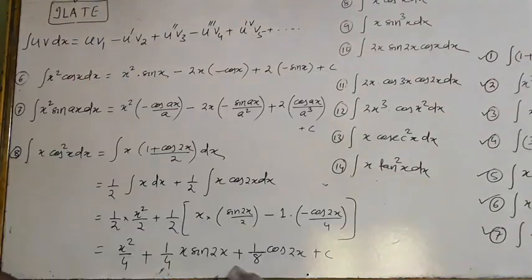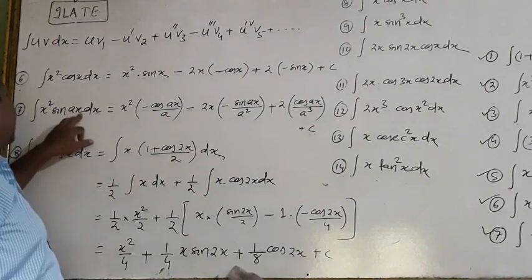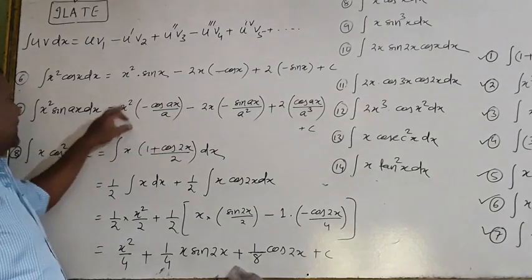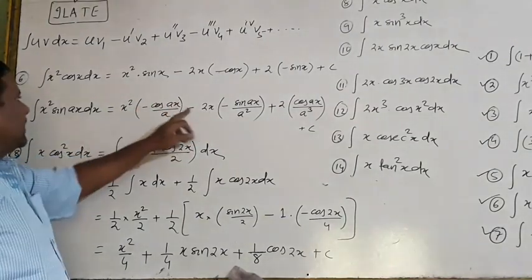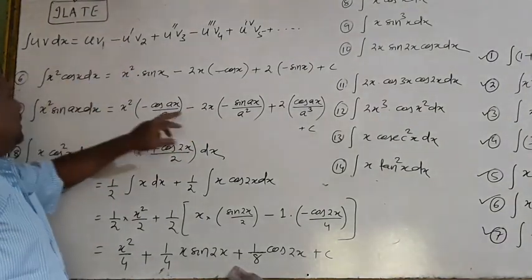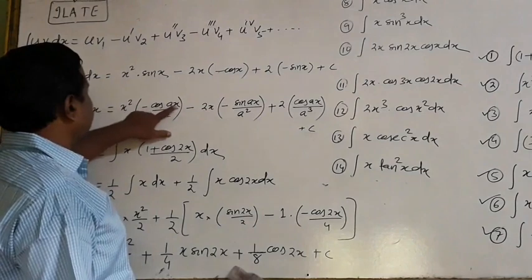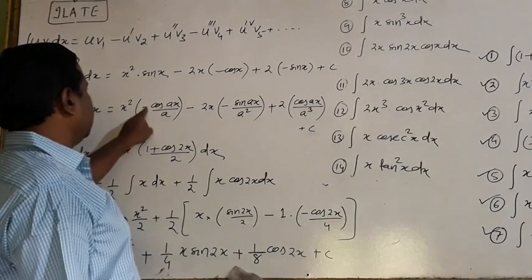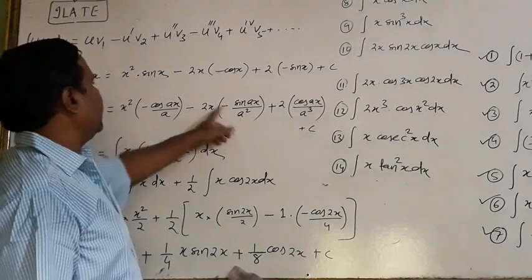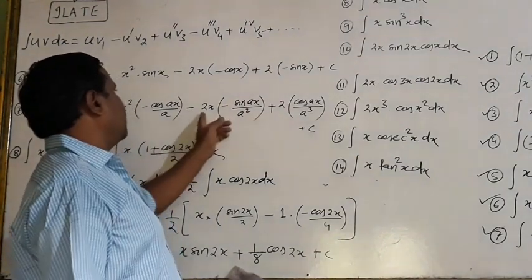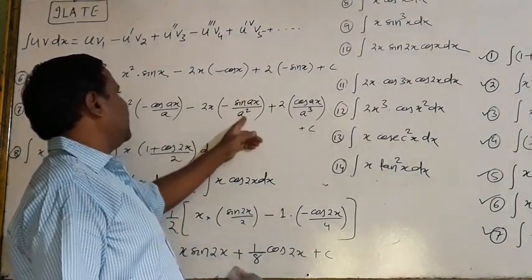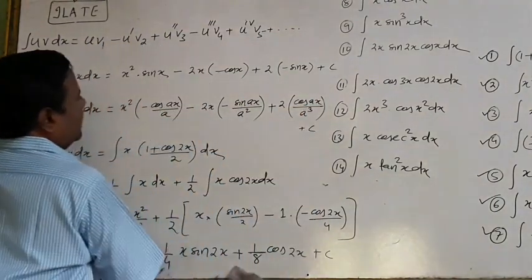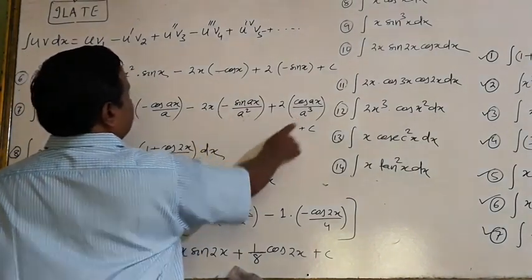Okay. Look at number 7. It is x² sin x. Integration of sin x is minus cos x, and the derivative of x² is 2x. So taking the minus sign according to this formula, what is the integration of cos ax? Integration of cos ax is sin ax by a. Here it is minus, divided by a². And its derivative, plus 2x, the derivative is 2, minus sin ax by a². Its integration, the integration of sin ax is cos ax, minus cos x, minus plus, and it is a³.